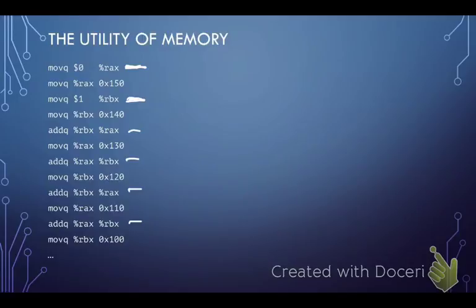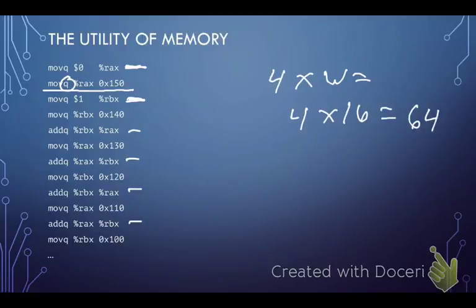I could have just written those values directly to memory, but in order to establish a pattern, I just went ahead and inserted a move instruction where we're moving the value of RAX to memory location 0x150. So this quad word, and a quad word is 4 times a word, which is 4 times 16 bits, so this is our 64-bit value, is being written out to memory location 150 in hexadecimal. Okay, so then same thing here. We put the value 1 in RBX, and that gets written out to memory.